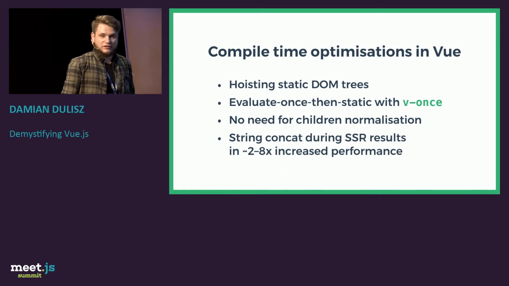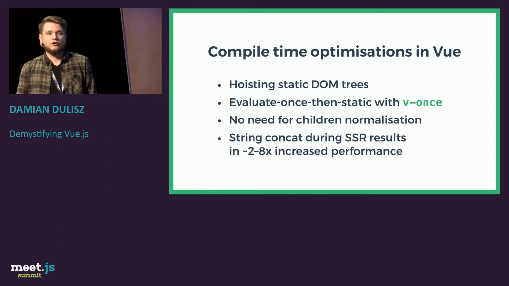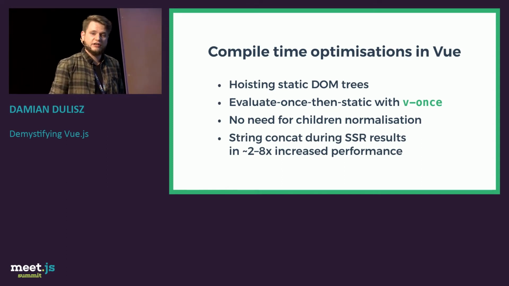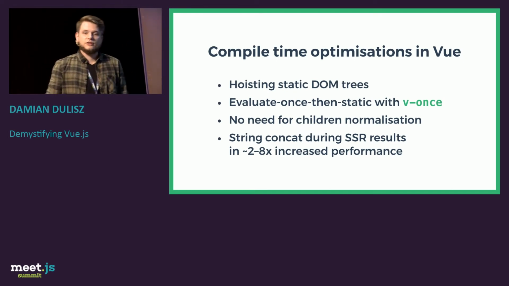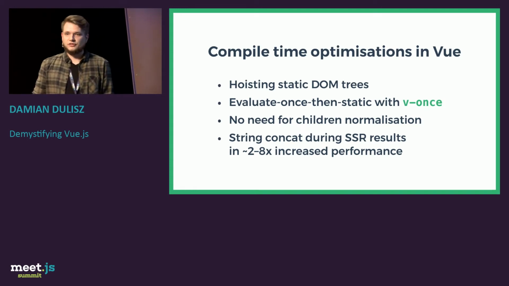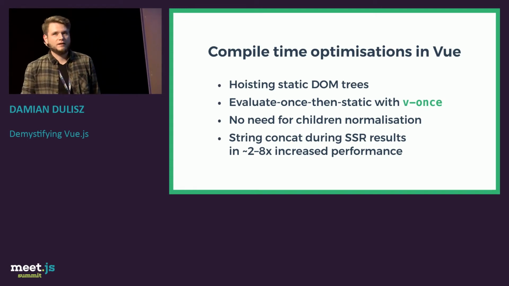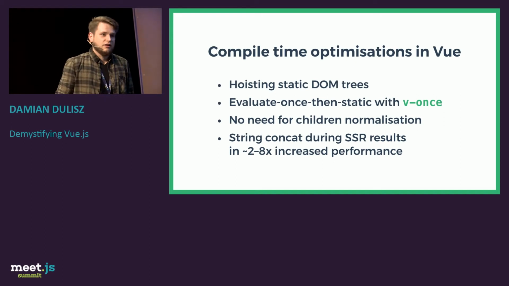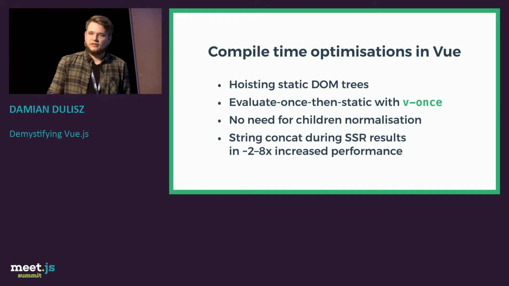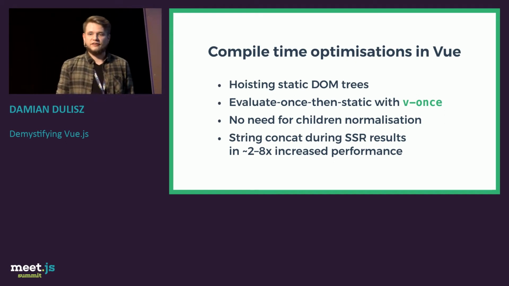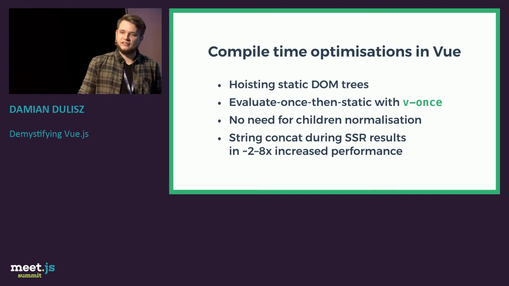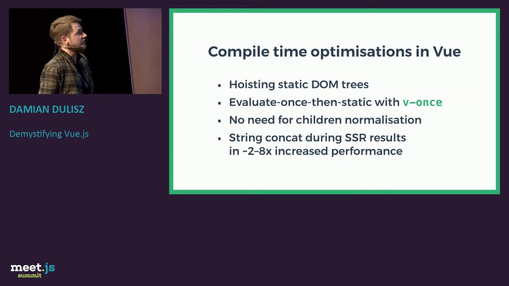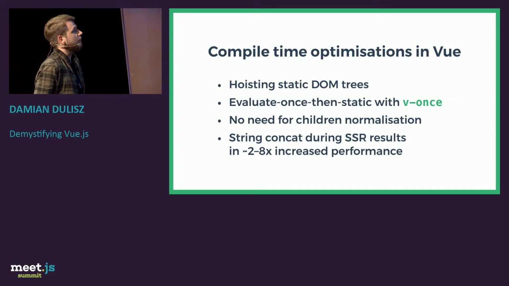And this is actually very important for server-side rendering, because on the server side you can actually do string concatenation. There is no need for virtual DOM on the server side, because there is no diffing happening there. So actually you just need the render function to generate something that will be translated into a string and served to the client browser. So string concatenation for templates is actually super useful,